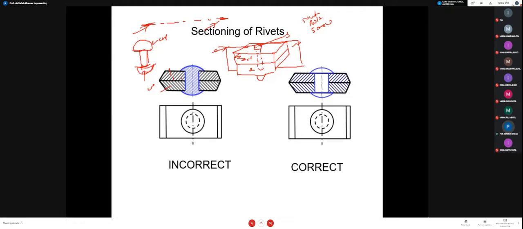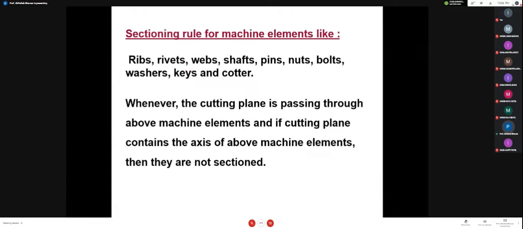So how many parts am I having? I am having part 1, 2 and 3. But if I am going to do the hatching in such a type of component, the names of the components are written over here. So this is the rivet. If it is a rib, we have seen the rib. Web will be similar to a rib, shaft, pin, nut, bolt, washer, key, cotter. If similar things are there,